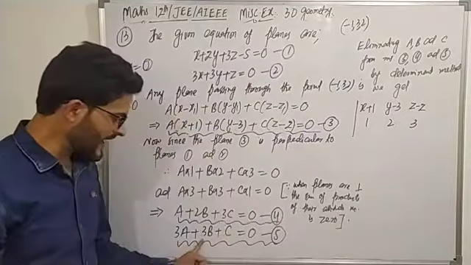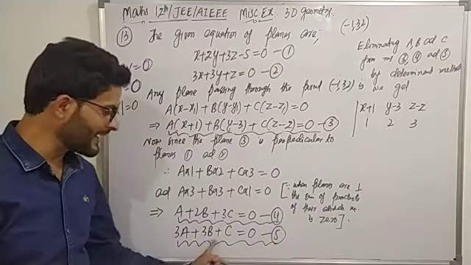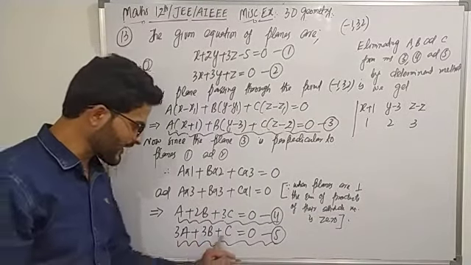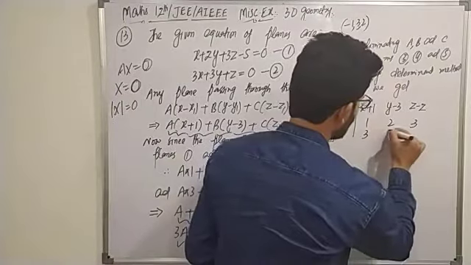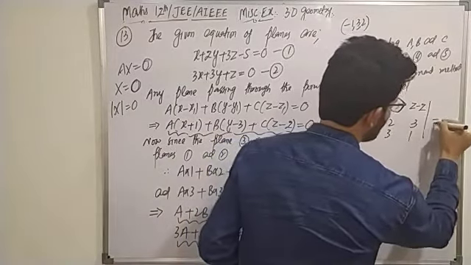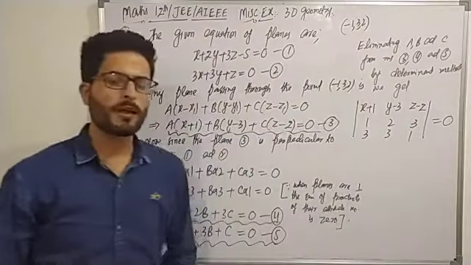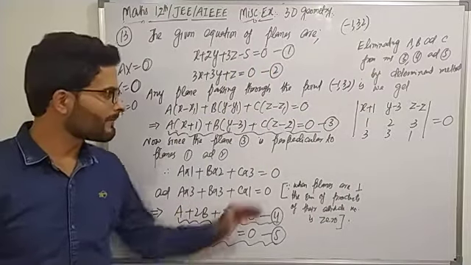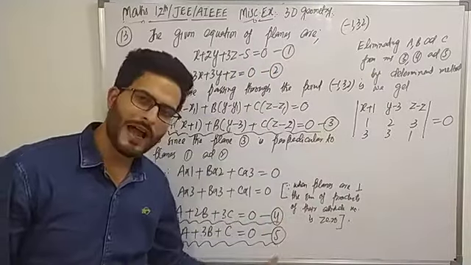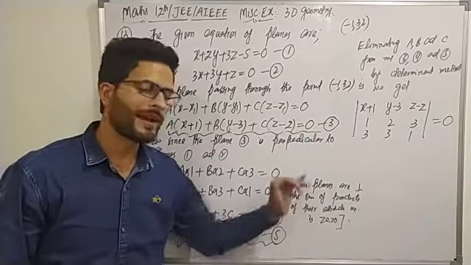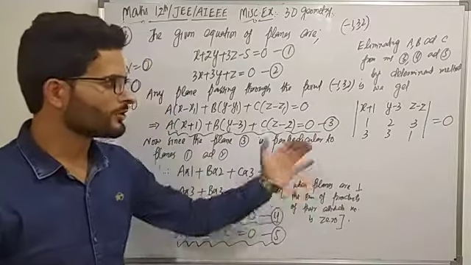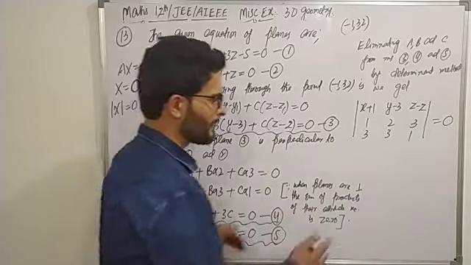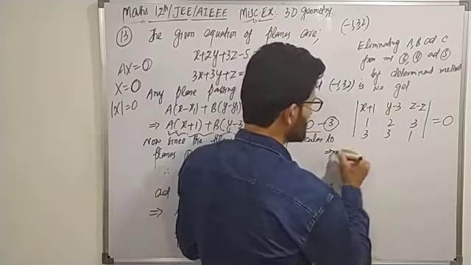यहाँ पे x, y और a, b and c का कोफिशिएंट क्या है? 3, 3 and 1. So यहाँ पे 3, 3 and 1 and that must be equal to 0 because eliminating a, b and c from equation 3, 4th and 5th, right? By determinant method. So solve the determinant, expand it with the help of Laplace expansion implies we get x plus 1 into